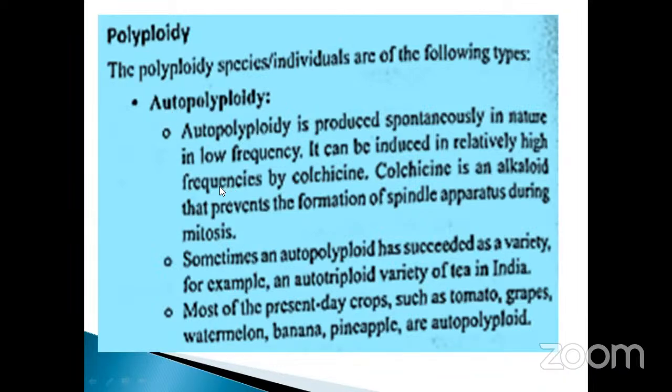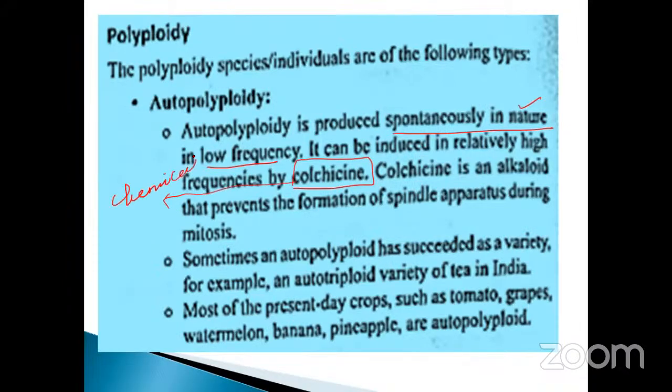Autopolyploidy means what? Auto, so spontaneously they produce it. Autopolyploidy occurs spontaneously in nature. In low frequency, it can be induced in relatively high frequency by colchicine. Don't forget, my dear students, colchicine is also one of the chemical substances